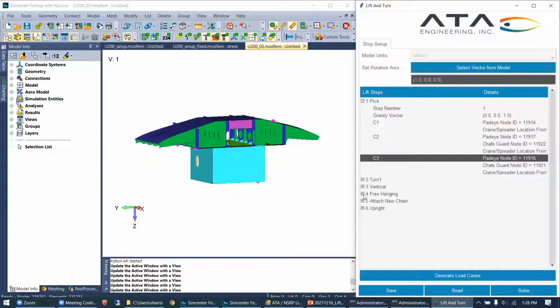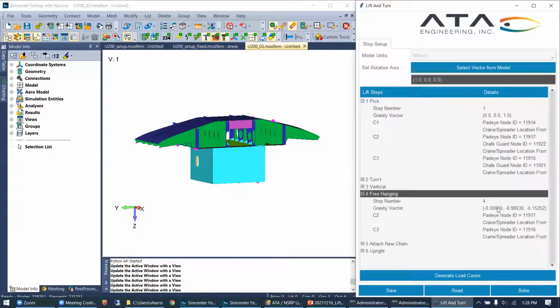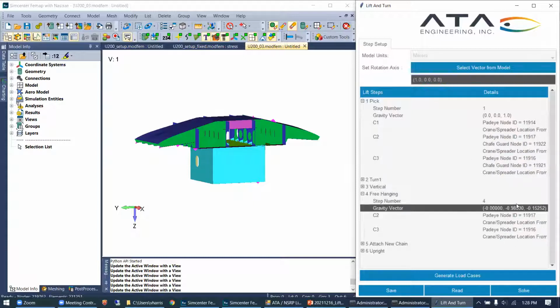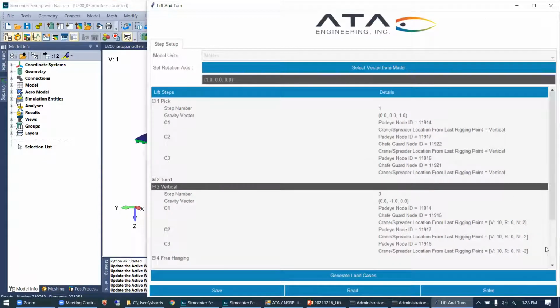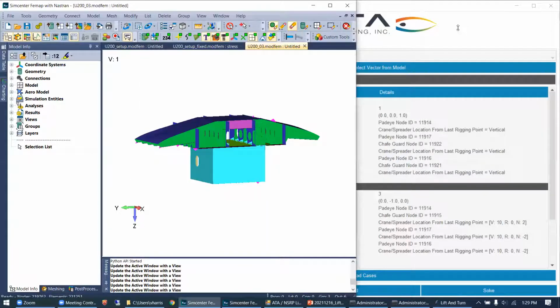For my free hanging case, I have a gravity vector that was calculated for me by this tool. And also I think on some of these, this one, I've got those non-vertical crane heads. So if you can see those. Yeah, I've got a vector defined here. So once I've got all this all set up, I can hit generate load cases, and that will take us back into Femap,